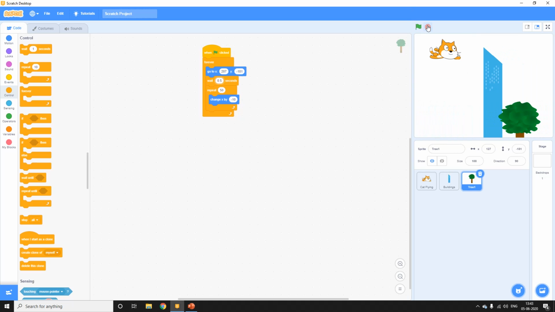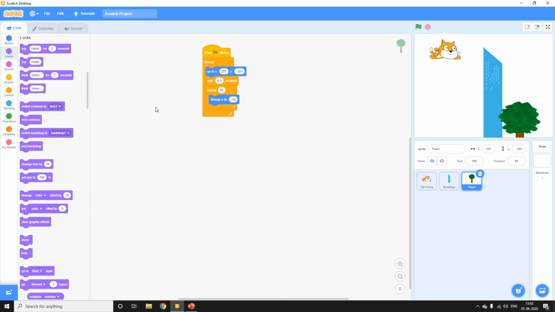We'll add the show and the hide blocks. Okay, so as I already told you in my previous video, show and hide blocks can be used simultaneously to remove your sprite from one location, and when it is in its initial position again, you can use the show block. So I'll first of all use the hide block and I'll put it right here.